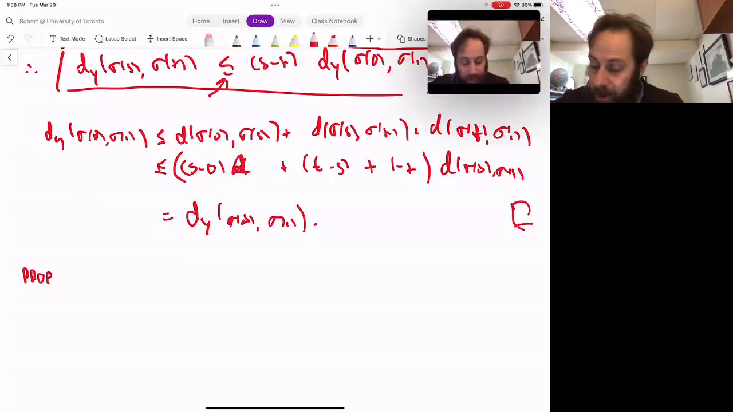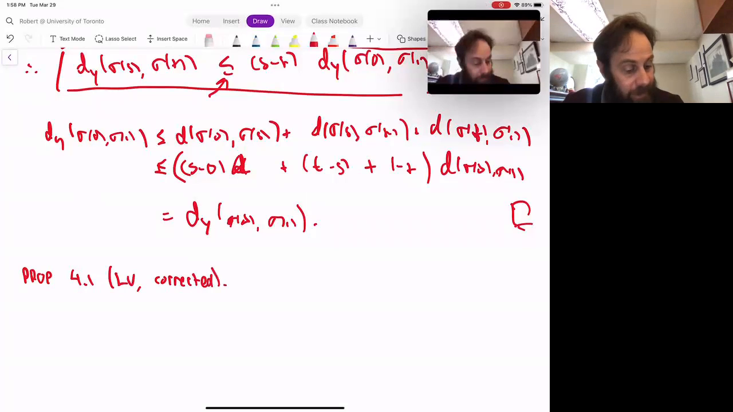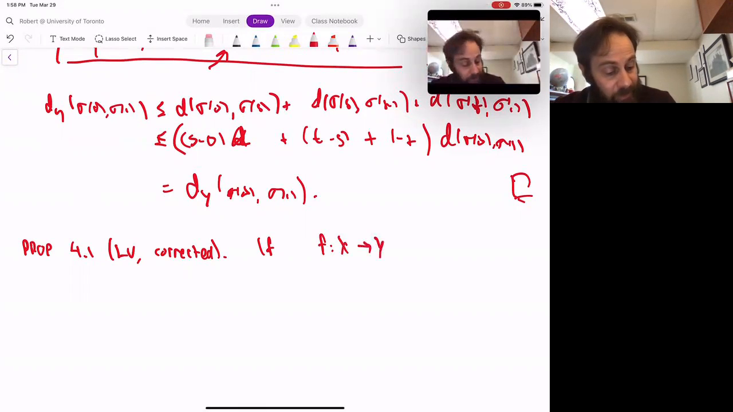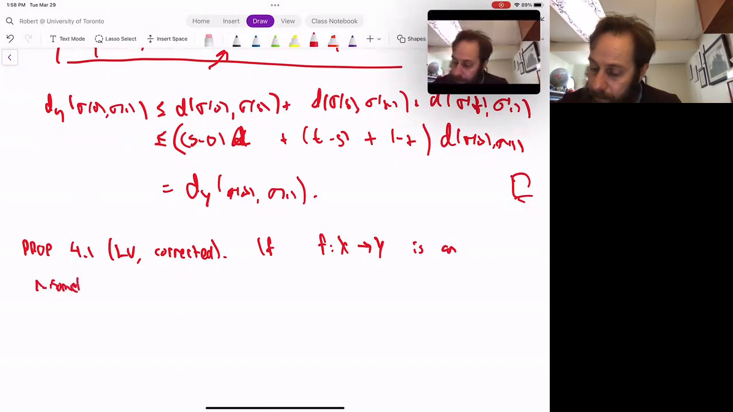Now, this is inspired by 4.1 of Lott and Villani, but they botched the statement, so I had to correct it. So if I have an R isometry or an epsilon isometry of compact spaces, though I don't think it matters much,